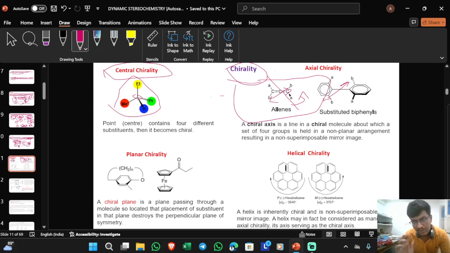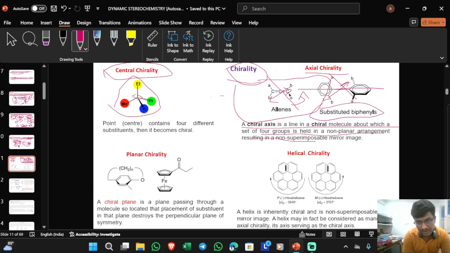Two centers, not two ligands. B and B exchange in rotation, and they are the same, and this is substitution. But the axis of chirality means these are centered, this and this, and rotation is the same type of explanation. But the chiral axis is the line of the chiral molecule about which the four groups are held in a non-planar arrangement and result in